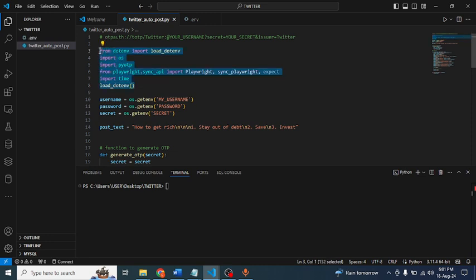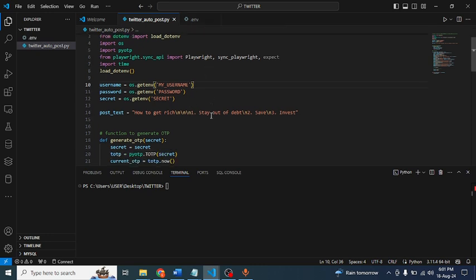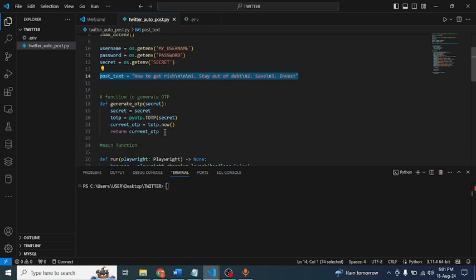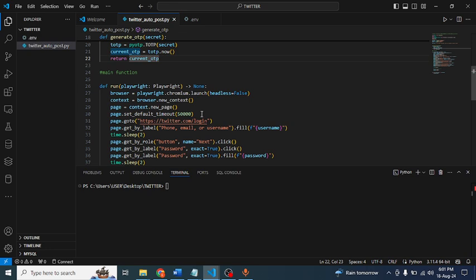So I'm importing my packages here, right? Then I'm extracting my variables from my env file. So I have my username, my password and my secret saved as these variables in my env file. And this is the sample post I'll be posting today. This is the post I would like to post for today. So this is my function to generate the OTP using my secret as the argument and to return the current OTP code. Then this is the main script that uses Playwright to log into your account and then make the